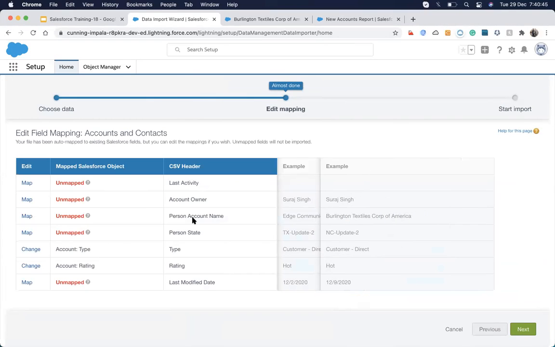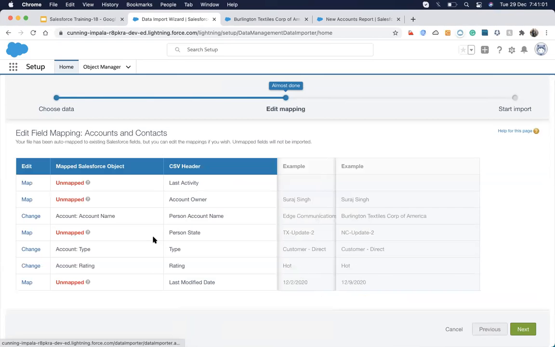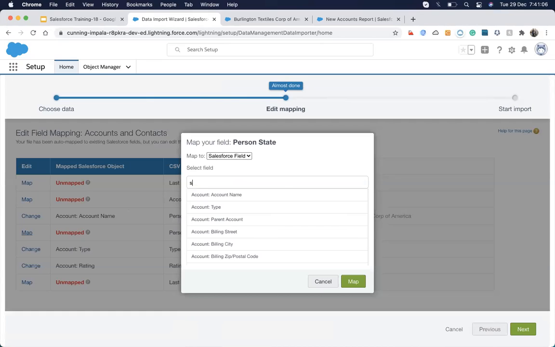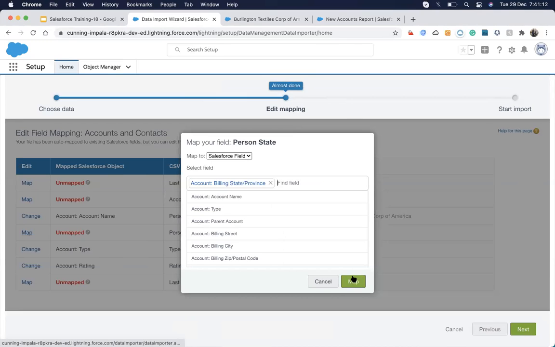I can see that since the name of that header is not exactly the same as any of the fields present in the Salesforce account, it will show as unmapped. So what I have to do is click up here, map, and find the account name and map it, and then person state, I will change it and find the billing state and province, and then map it.